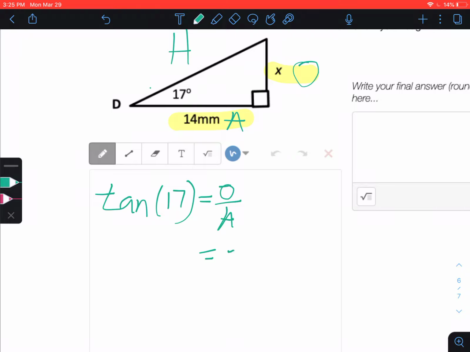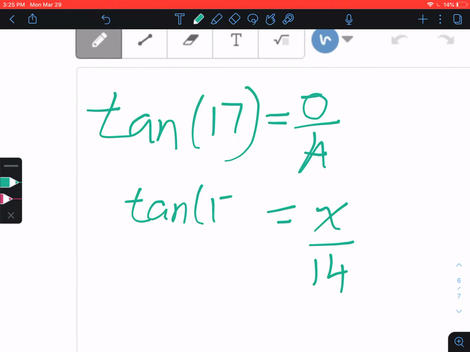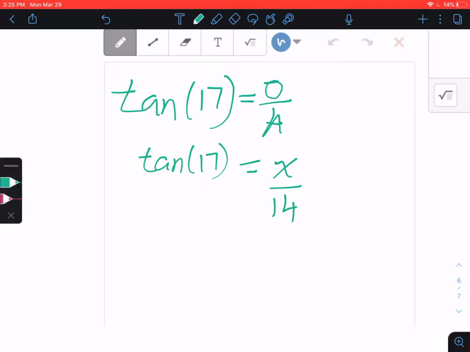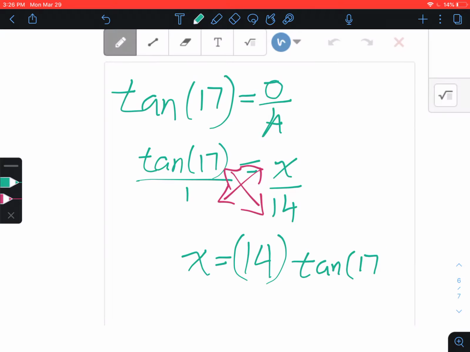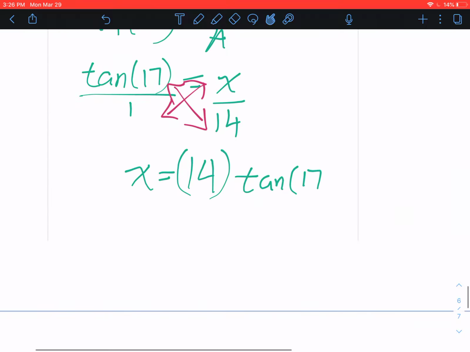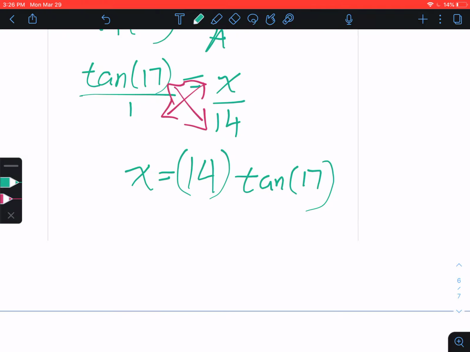Our opposite side is x, and our adjacent side is 14. So I will have tan of 17 equals x over 14. And we do that cross-multiplying trick. We'll basically have 1 times x, which is just x, and that's going to equal 14 times tan of 17. So 14 times tan of 17 degrees. I want to type that into a scientific calculator. So I'll do 14 times tan of 17, and I get x is equal to